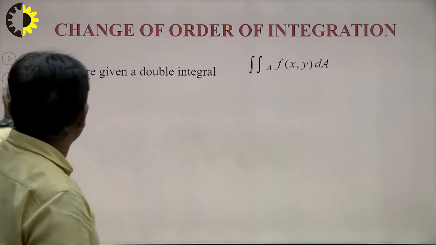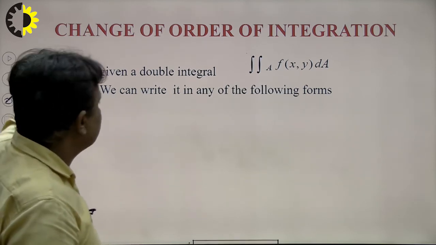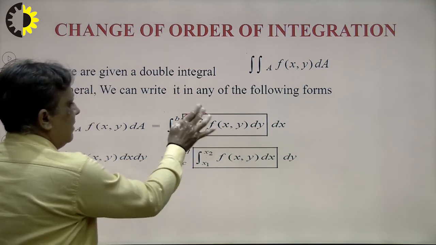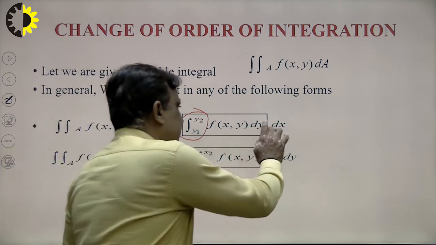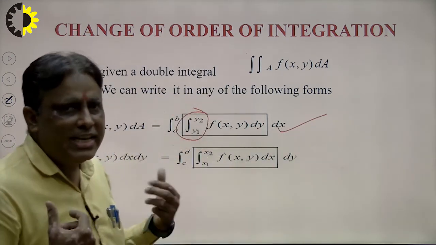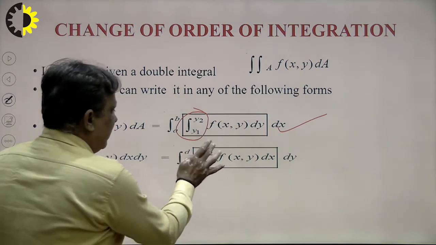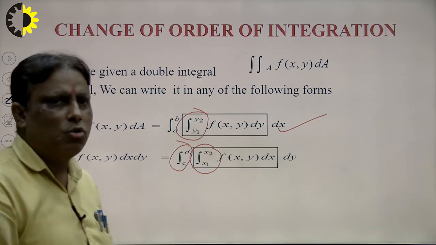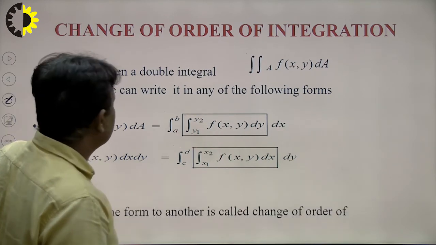Suppose I write a diagram here. In the previous example, suppose we take the limit of y first, and this is the limit of x in terms of y, but I have some problem solving this integral. So then we can change the limit. So this will be the limit of y and this will be the limit of x here. That means we can change the order of integration, change the limit and then solve the problem, and the problem gives the same answer as the previous answer.